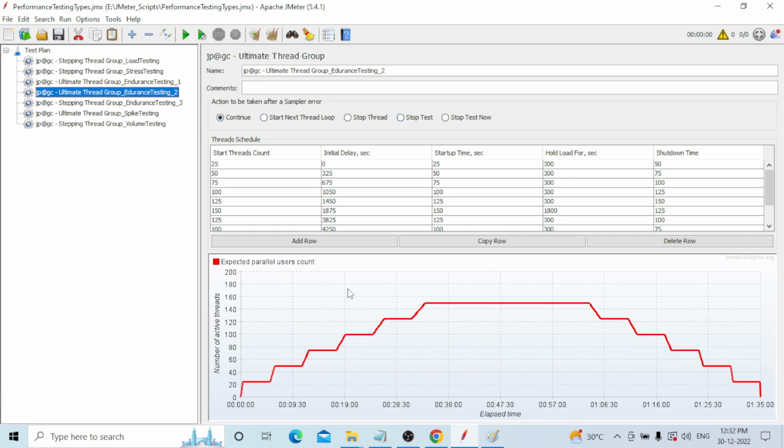Okay, finally you need to design this scenario for endurance testing. The purpose is to find out memory leakage, but you need to run it for a long duration. That is our goal, you need to achieve it this way. And the last one,